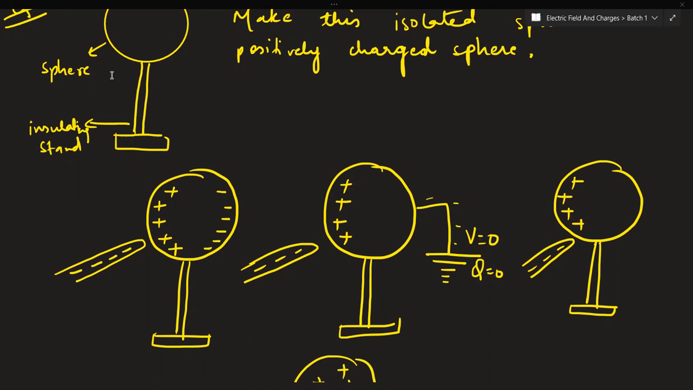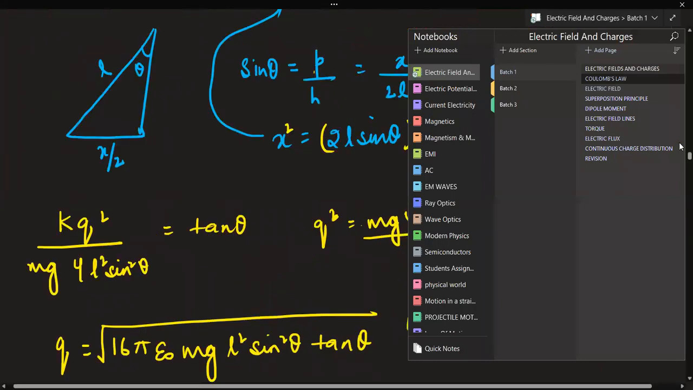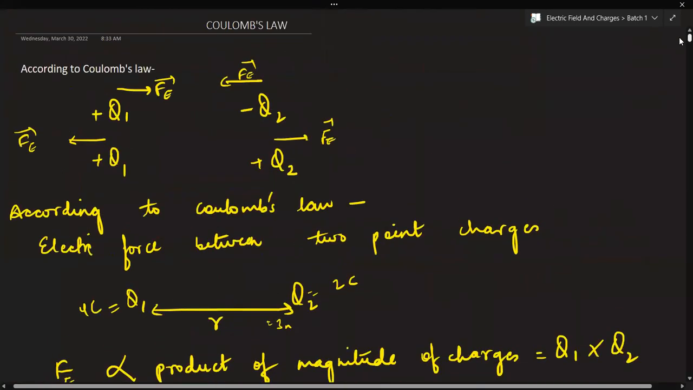So now you are free to remove the rod, because now negative charges are not present to neutralize your positive charges. Fine. So this is the introductory part from which the questions can come. Then you have your Coulomb's law. In Coulomb's law class, the questions from Coulomb's law can be directly asked like this also, according